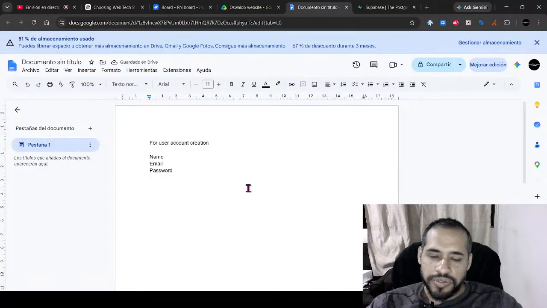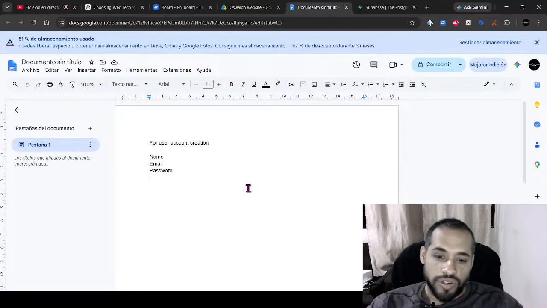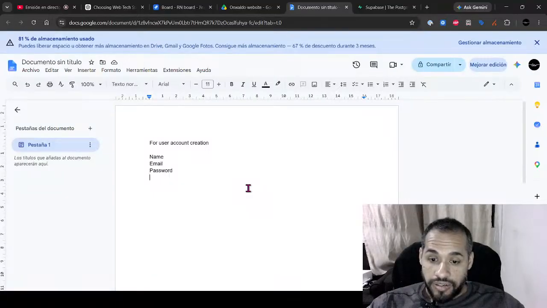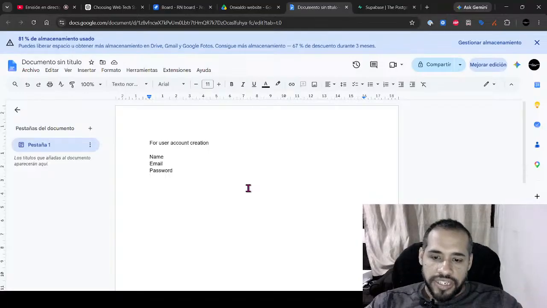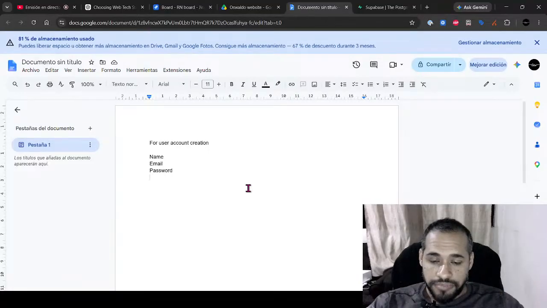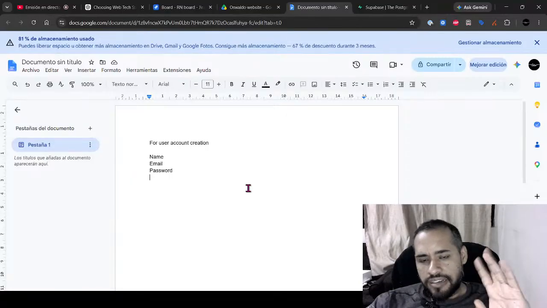If we want to develop it further, I would add SSO authentication, so the user doesn't need to create a new user, but connects with Gmail or something like that. But for this MVP, name, email, and password is more than enough. Yeah, I think we could start with it.